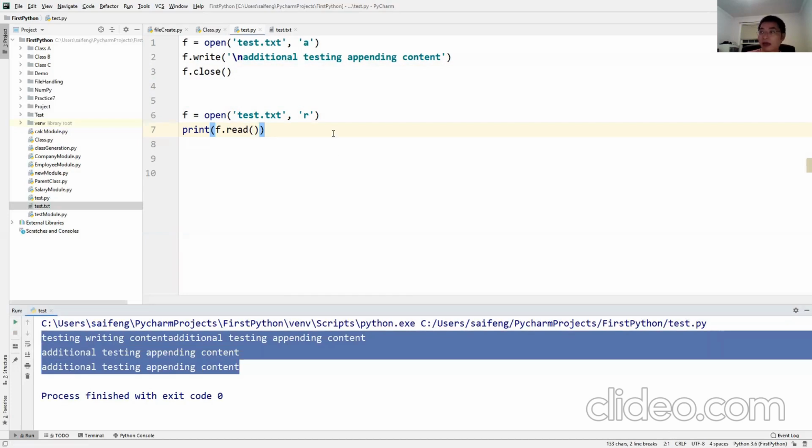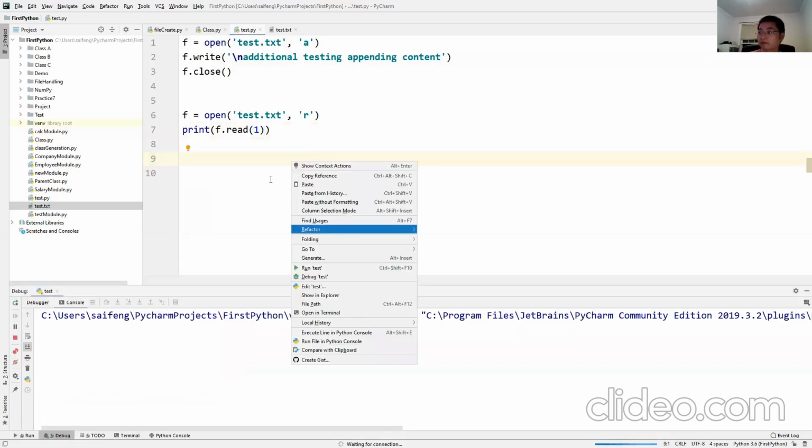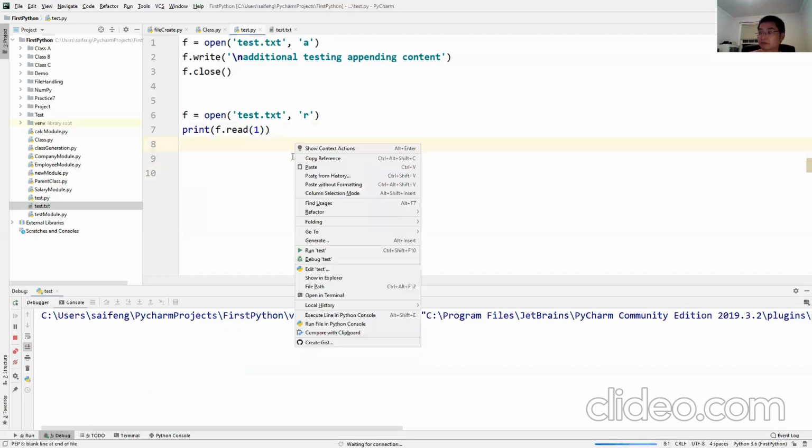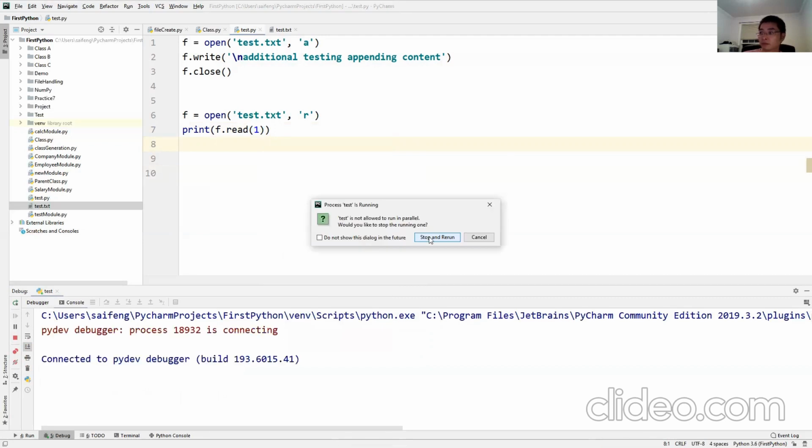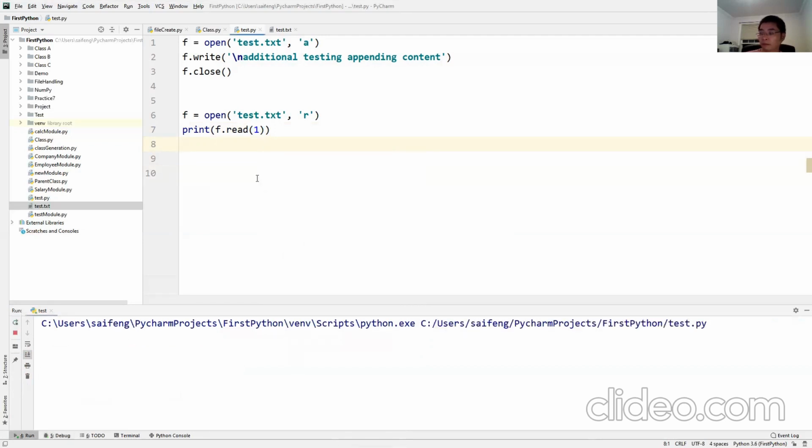Right? And we said you can also read line by line. So here we're using, if we put index, okay.